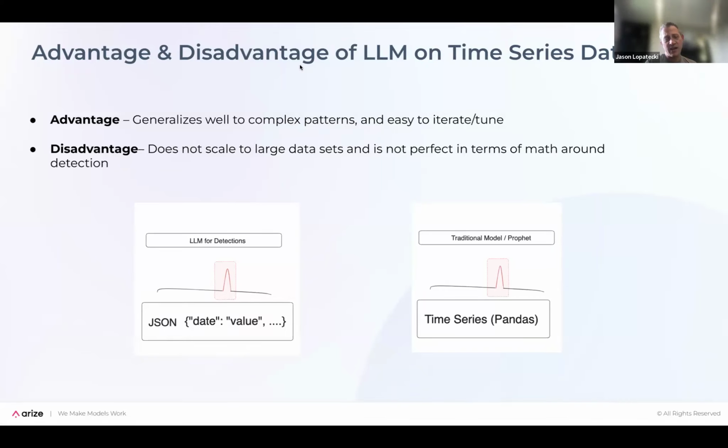Well, the advantage is just that you can direct through instructions pretty quickly what you want it to look for, what you want it to ignore. It's human text, which you can describe those things. You can find correlations from different time series data by just, again, throwing it into the context window. And then it can format the analysis for you afterwards. So there's advantages, if it works, that have to do with generalization, ease of use, abilities to just integrate into the systems that are out there easily.